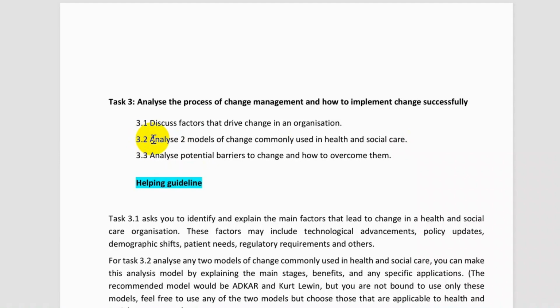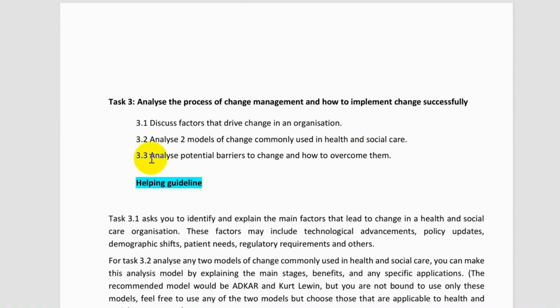What are their limitations as well, especially in the context of health and social care. And you also have to explain how these models can be applied in managing change within the health and social care organization. So while considering these points, you can provide a better analysis of your models in terms of their use in health and social care.